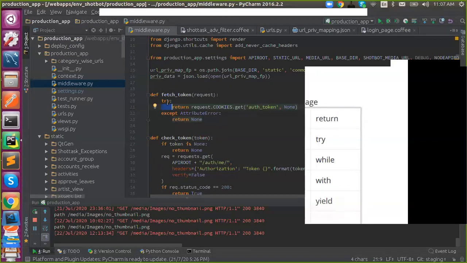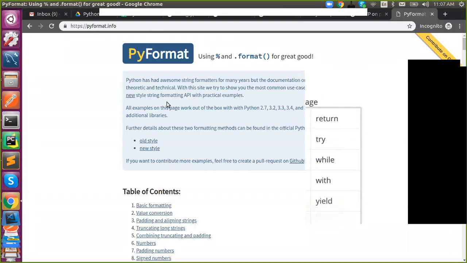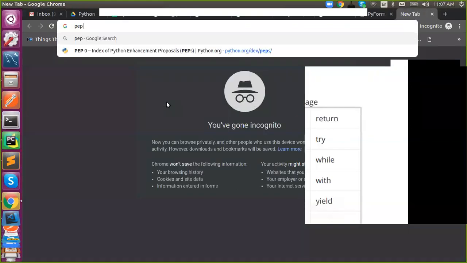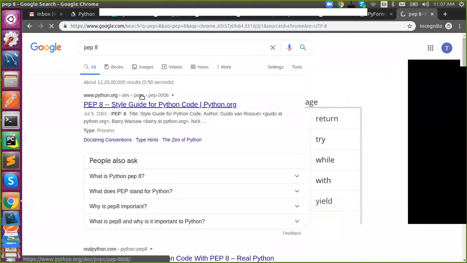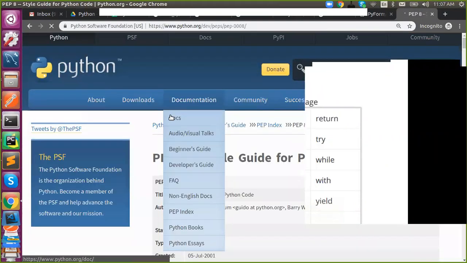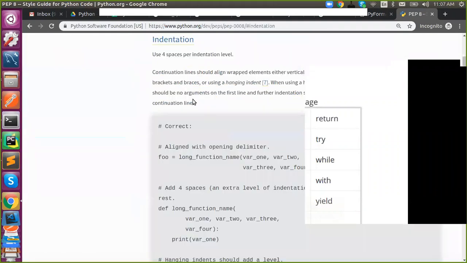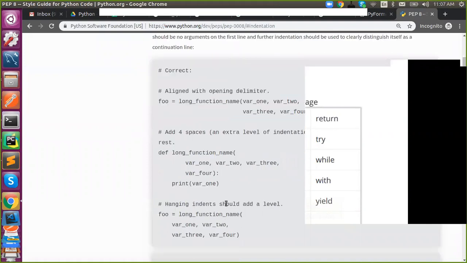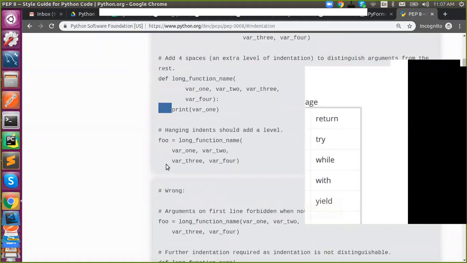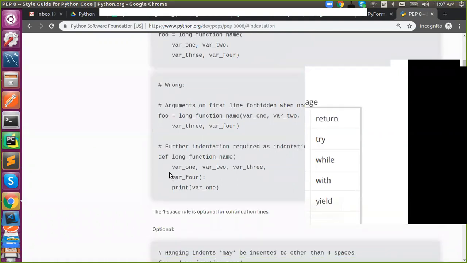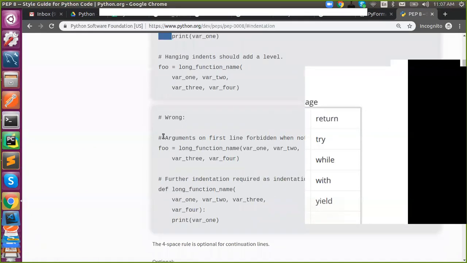Where do they actually derive this from? This rule derives from PEP. You all know PEP. What is PEP? This resides in PEP 8, the styling guide for Python. If you read it, you'll find the indentation rule: use 4 spaces per indentation level. Each indent should be of 4 spaces. This is where it arrived from. PEP is a Python Enhancement Proposal, a documentation for Python.